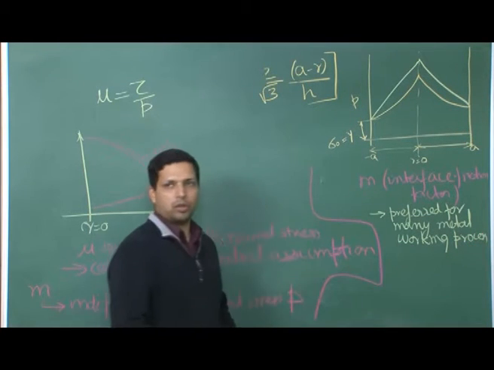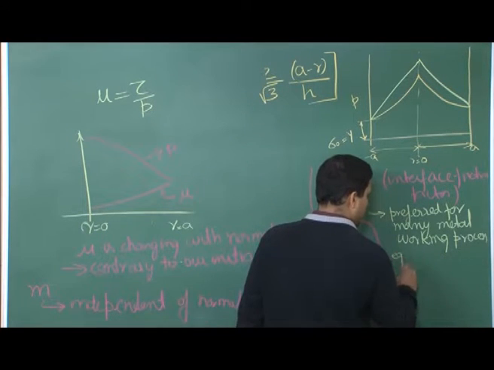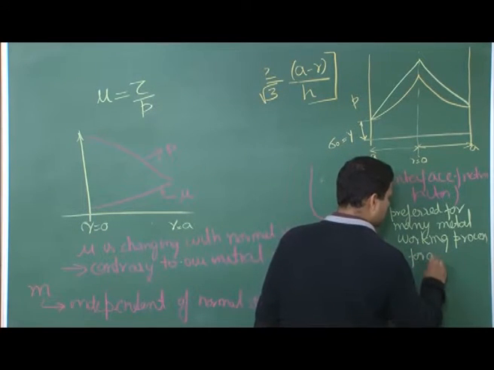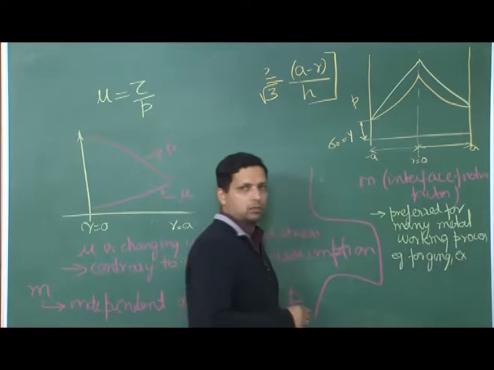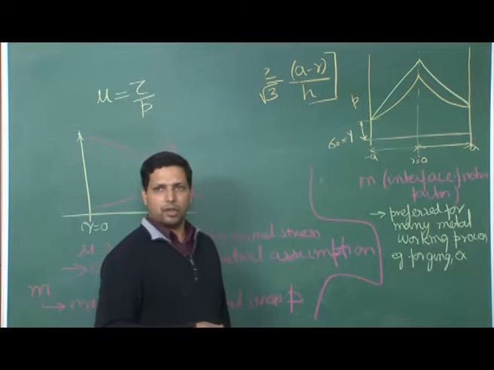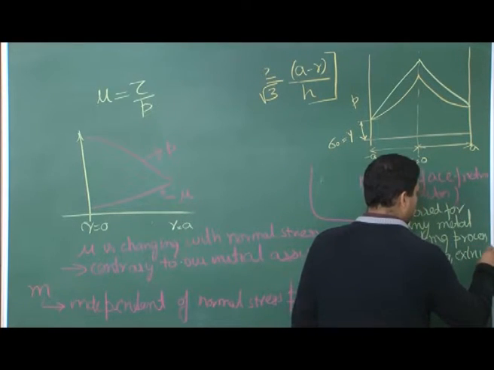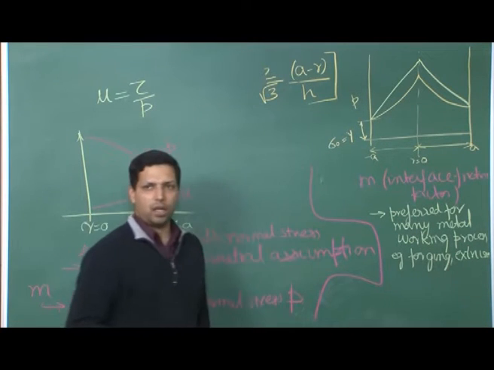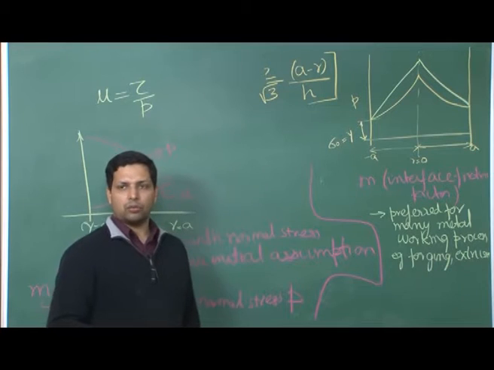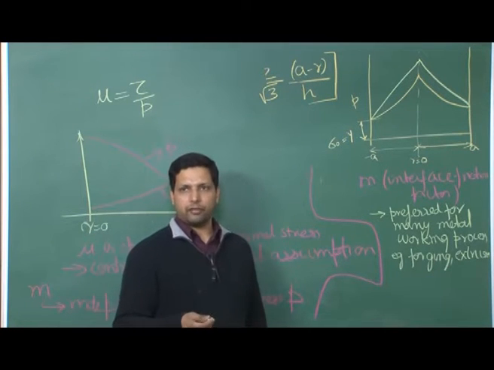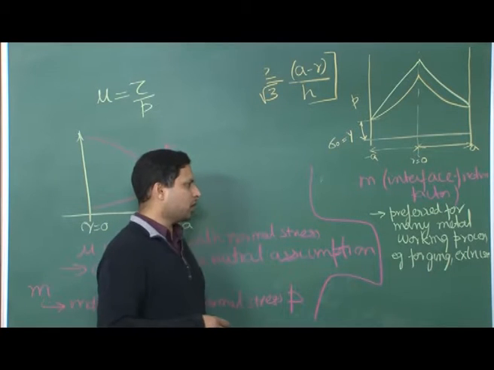Particularly we are talking about processes which involve high temperature, for example forging, extrusion, which either involve high temperature or which involve very large deformation. So, in those cases M is a parameter that is easier to obtain and easier to define, and therefore M is what is used to understand the friction in those conditions.